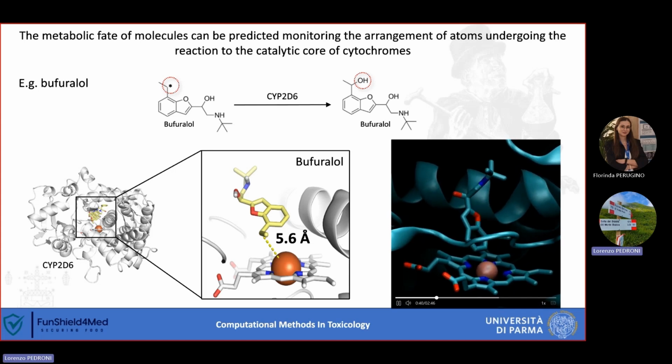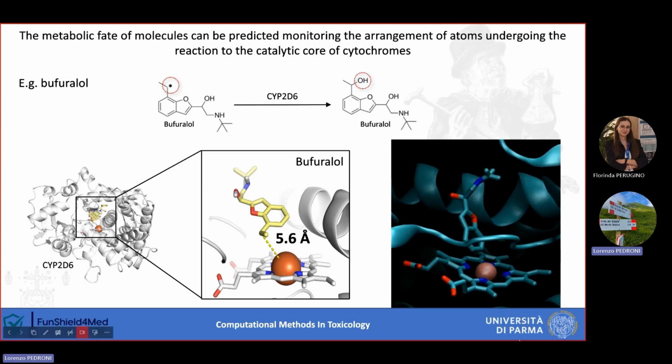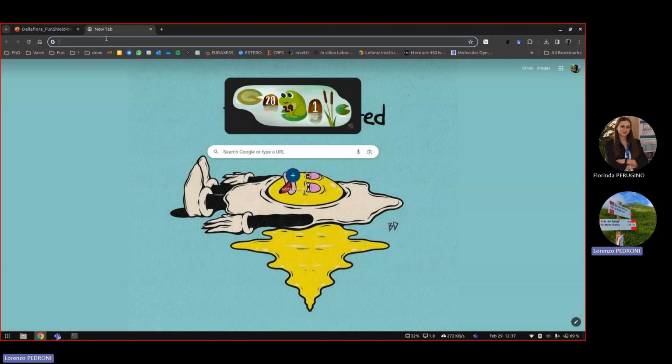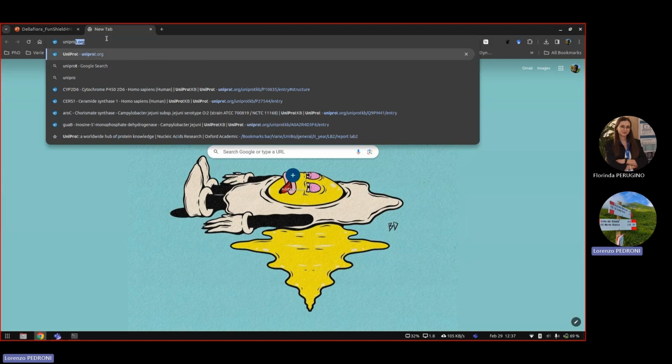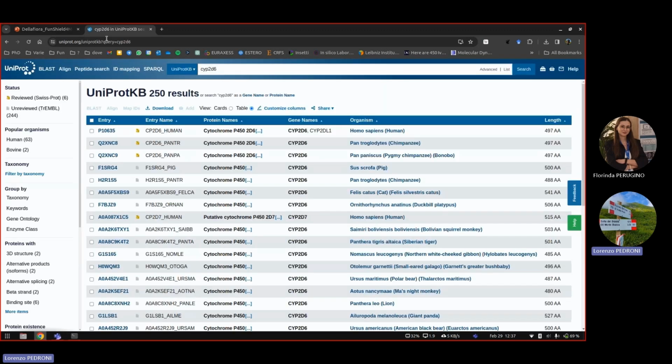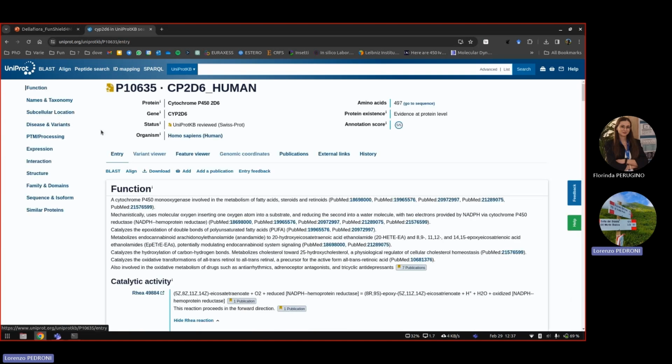To perform a molecular modeling study, what we need at first is a protein structure. To check for a protein structure, we go to the UniProt database, which is, let's say, the most comprehensive database about protein sequences and also protein structure, being cross-linked to other databases. So we start typing CYP2D6, which is the protein we are interested in. And as we can see, the first result is CYP2D6 within Homo sapiens, the one we are actually interested in. So we open that entry,